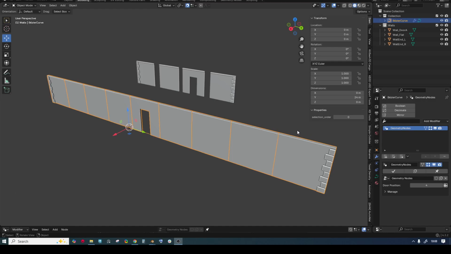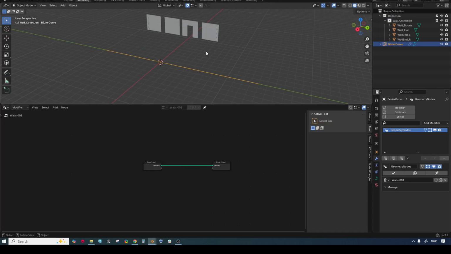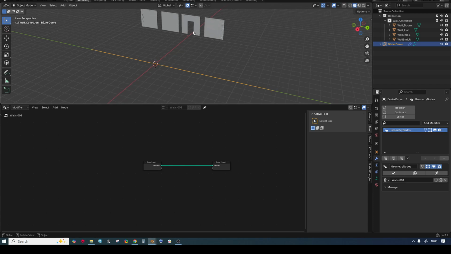Hello, today I'm gonna show you how you can create with Blender geonodes a wall side of a building with different wall modules, and you can control, for example, the door position. Let's get started. I have here a new Blender scene with my wall modules, and I'm gonna start with